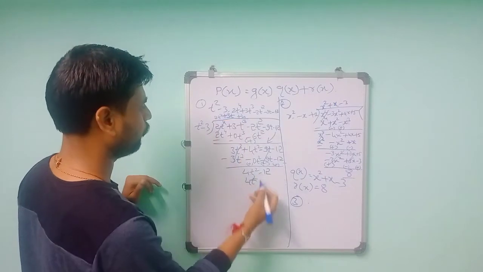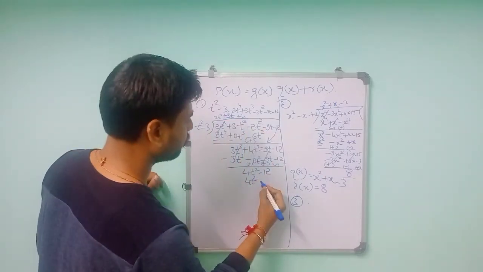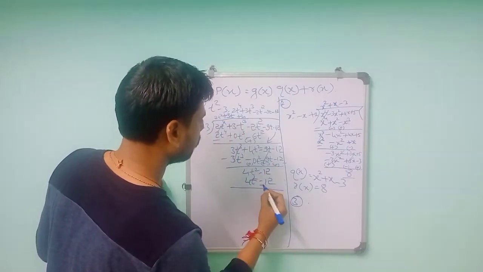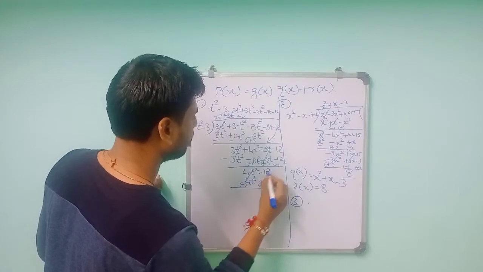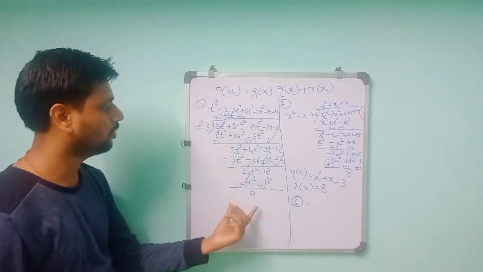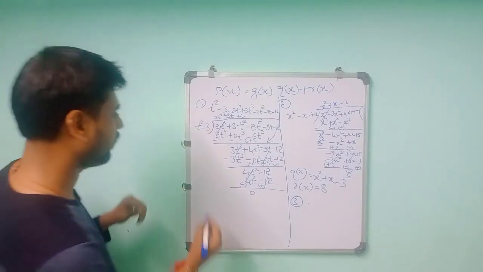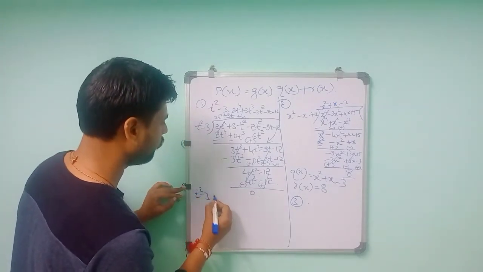4 into t square is 4t square. Then minus 3 into 4 is minus 12. So this will become plus sign and this will become minus sign. Cancel. So 0. So if it is coming remainder 0, then it is a factor of t square minus 3 is a factor of